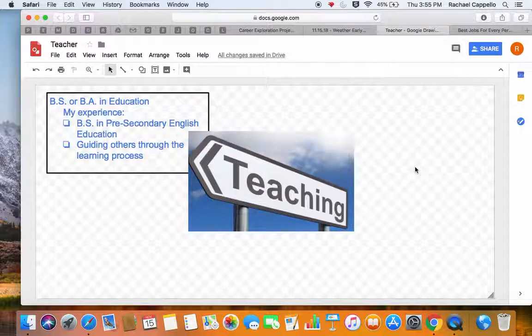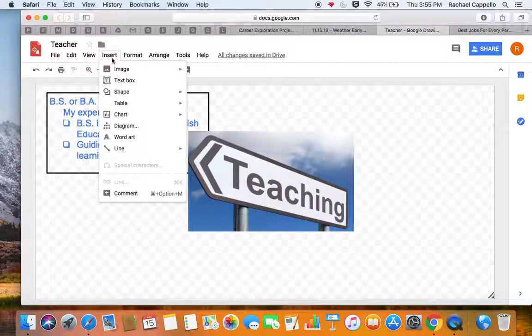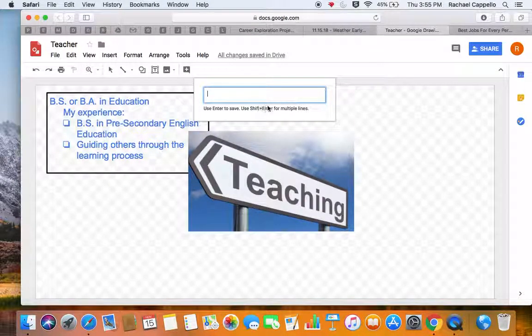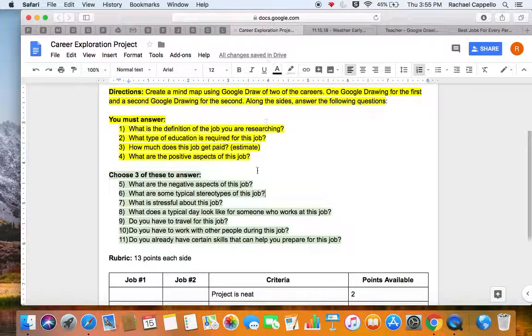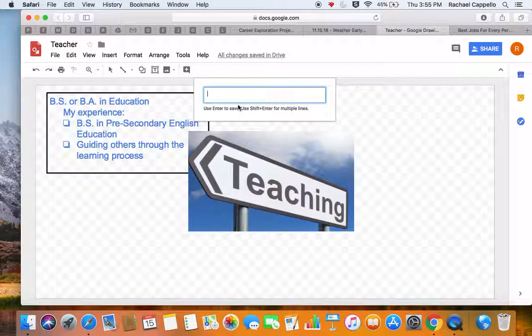Okay, so other things that you guys can do in Google Drawing. I really like the fact that they have word art. Word art is something that I really enjoyed, especially looking at Microsoft Word. So if I wanted to talk about something else from the career exploration, I could look at typical stereotypes of this job. People tend to think people that teach work short hours, or they do it because they got the summer off, right? There are some kind of stereotypes that go with it. Or you work with kids, it's easy, right? So I might want to talk about stereotypes,